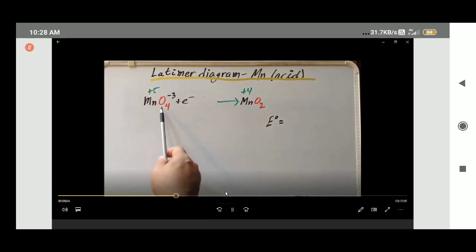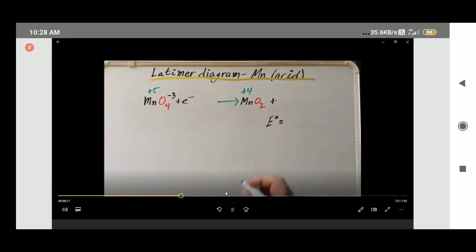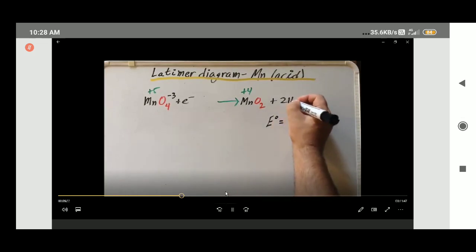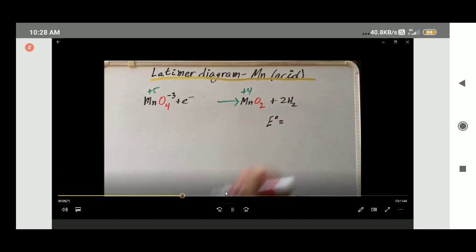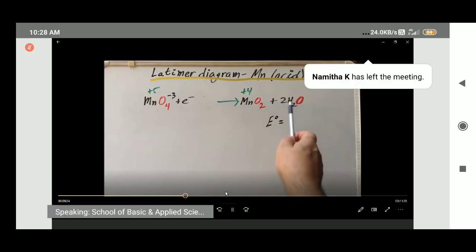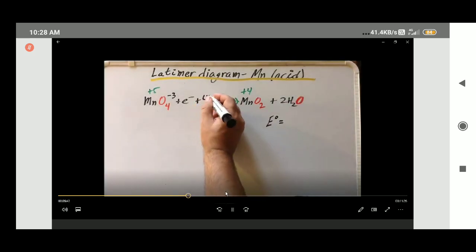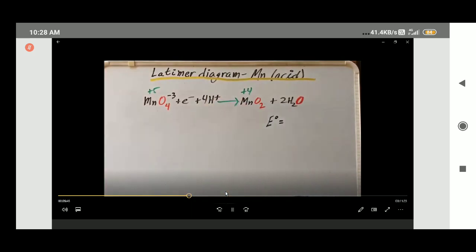Now we have to make sure that we balance the number of oxygens. We have 4 oxygen atoms on the left-hand side, but only 2 oxygen atoms on the right-hand side. In general, to balance the oxygen on each side, we're going to add water. We're going to add 2 molecules of H2O. Now we have 4 oxygens on each side, so oxygens are balanced. But we don't have a balance for the hydrogens. We have no hydrogens on the left and 4 hydrogens on the right-hand side. So we balance by adding hydrogen in the form of H+, which makes sense because we are in acidic solution.